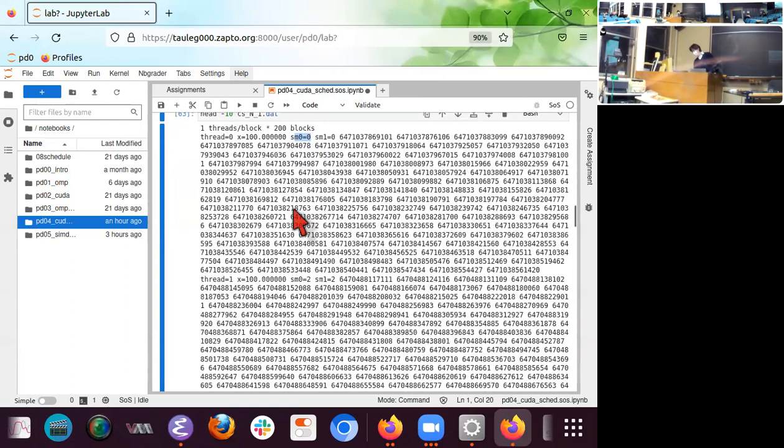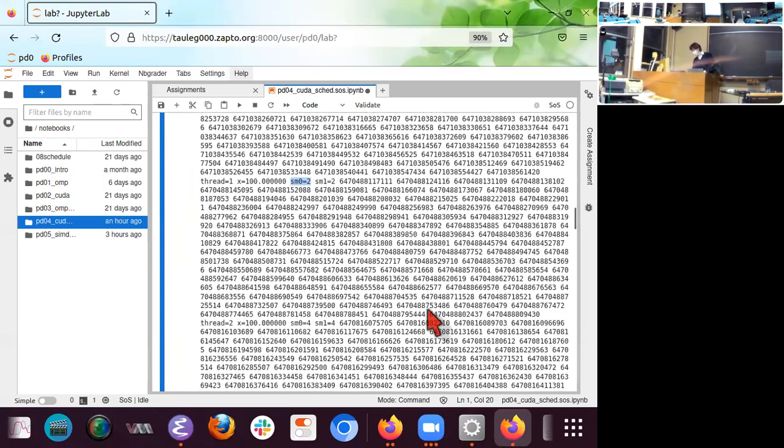And where did the next thread run? It is in the next line. The next one actually happened to run on the streaming multiprocessor 2. So slightly different from what you would expect, which is streaming multiprocessor 1, right? And the next one is streaming multiprocessor 4. So this seems how the GPU distributes so many thread blocks. The first one goes to 0, the next one goes to 2, the next one goes to 4, and